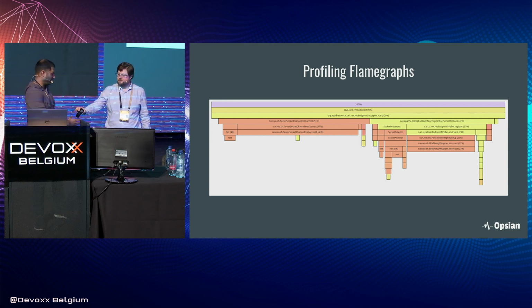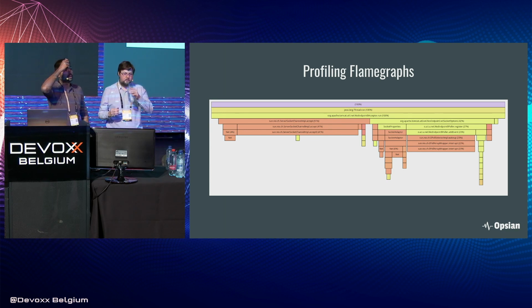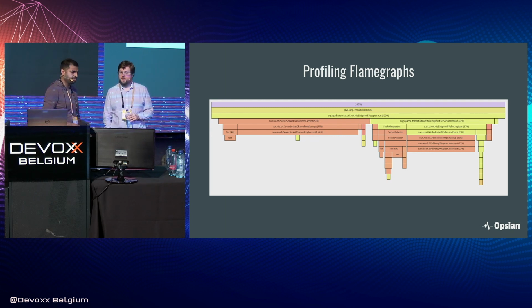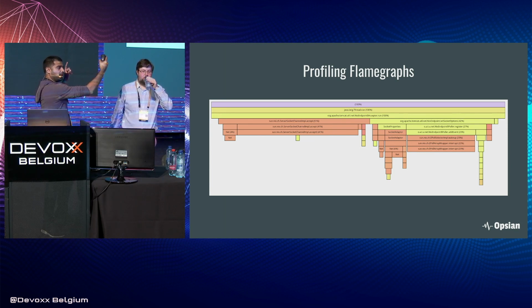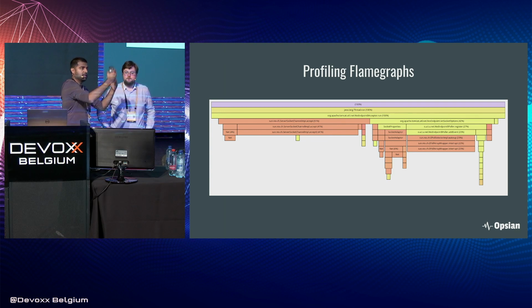Flame graphs are a visualization that's been championed by Brendan Gregg, who's an engineer at Netflix. They are a way of visualizing the information that you've got from a profiler. This is actually not a flame, this is an icicle. Flames generally don't go downwards, but you can have them either way. So if you look at this flame graph, the x-axis represents the percent of the total samples we got that has that method in the stack trace.